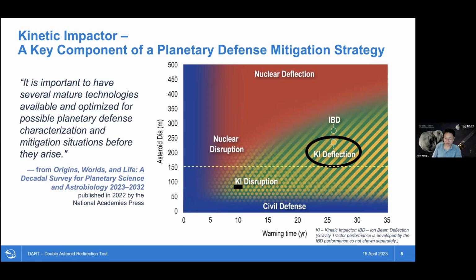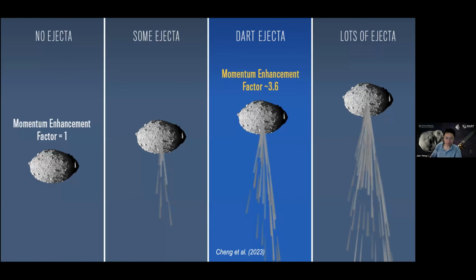But now, you will probably ask: if we send a spacecraft to impact an asteroid, we're going to push it. The spacecraft carries some momentum, and that momentum will be transferred to the target, right? So what do we need to test? Why do we need to test? The thing is that it's not like that. It's not simple.